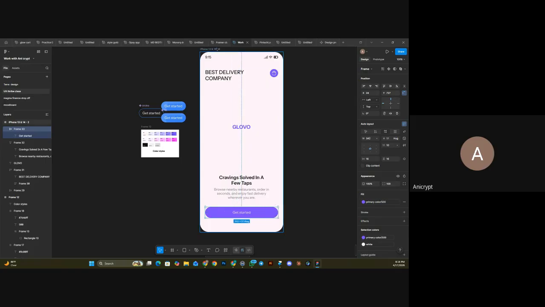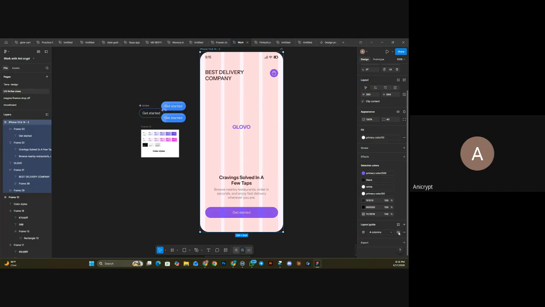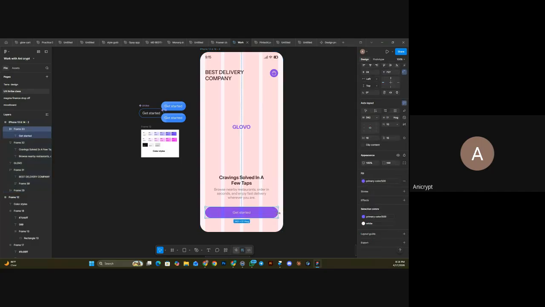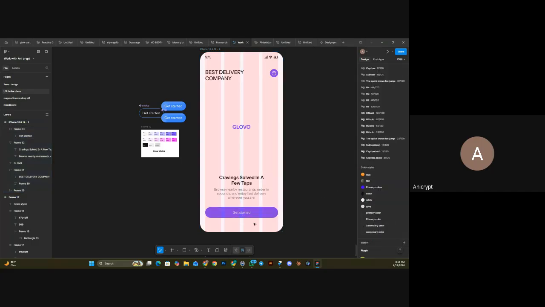Let me just leave it like this because it's just coming from my head. Okay, so let's put a skip thing there because, you know, some people